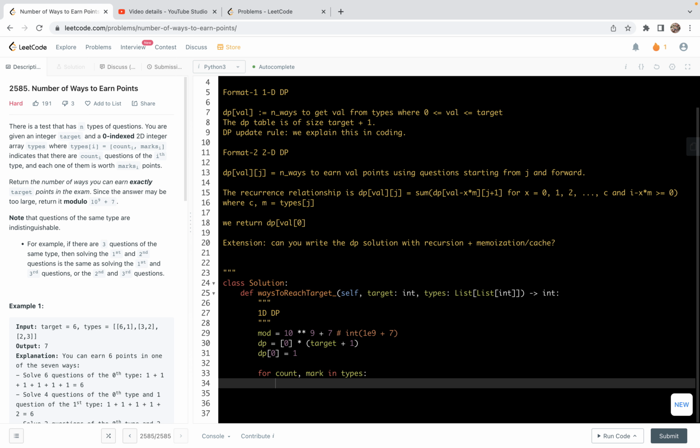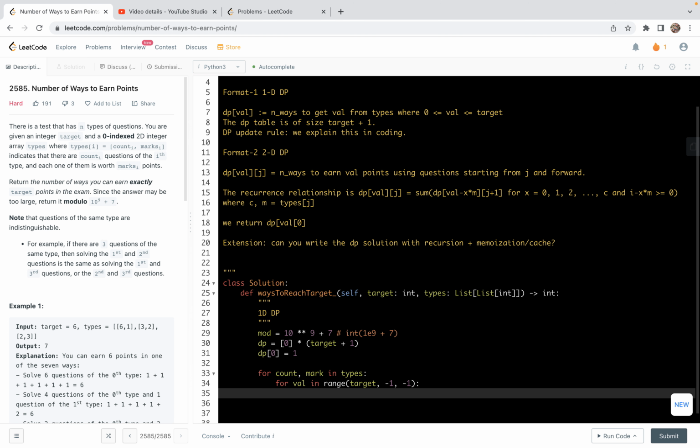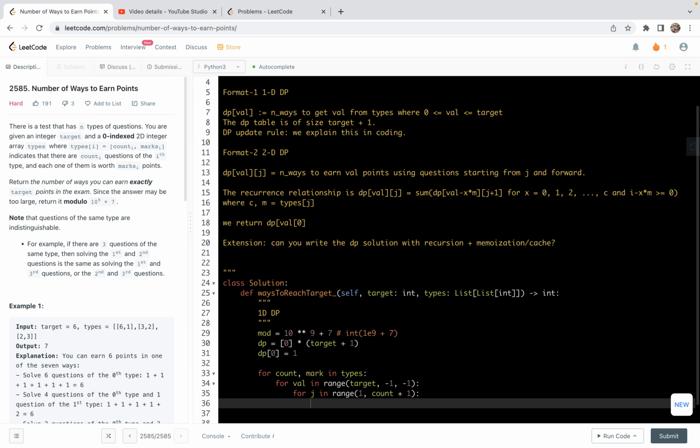This initialization is easy to understand. The reason is that there's only one possible way to get 0 points. That is, we choose nothing. With that done, let's do the dp update. We're going to iterate over the types list, using count and mark in types. Then we're going to update the dp table. We're going to update in the reverse order to avoid repetition. So for value in range,